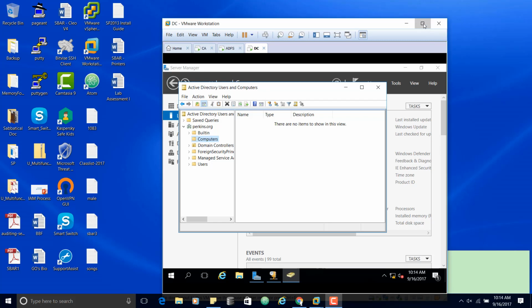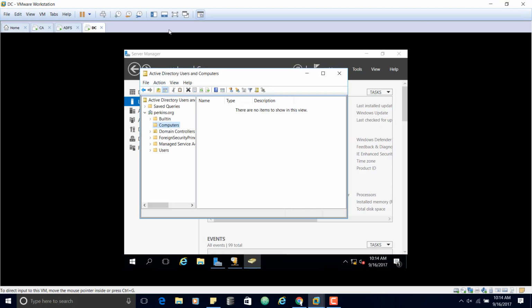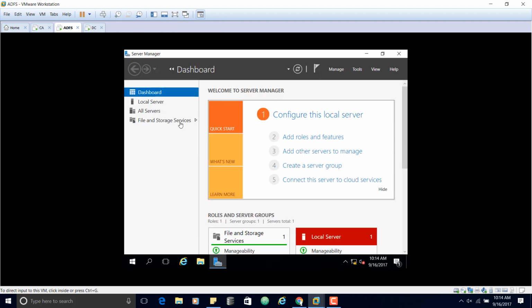You'll forget it. So here is my domain controller. Here is my ADFS. I call this machine ADFS because later on we're going to be installing ADFS on it. And if you don't know what ADFS is,